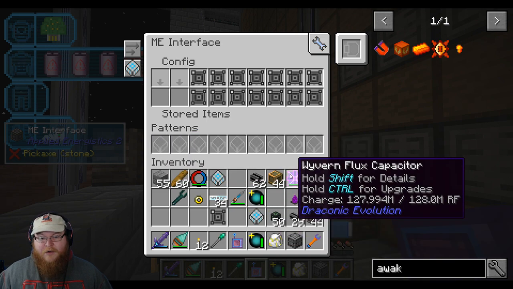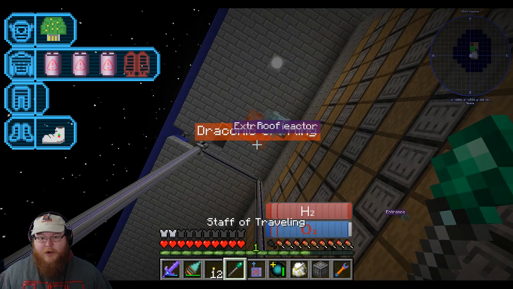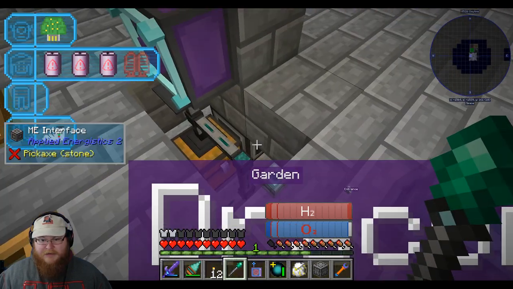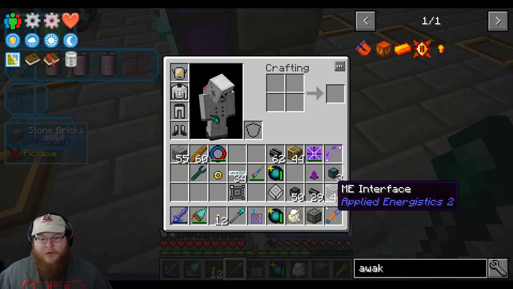But that's okay though. That's okay. So this is, yeah, that one. So make sure I do that one. And we want to go back up here and replace this, just in case we ever need to make awakened draconium. So what I'm going to do now